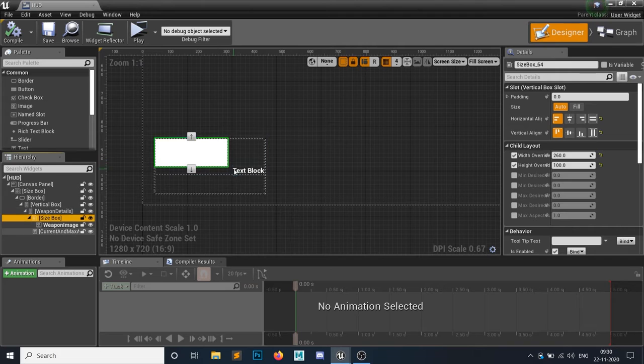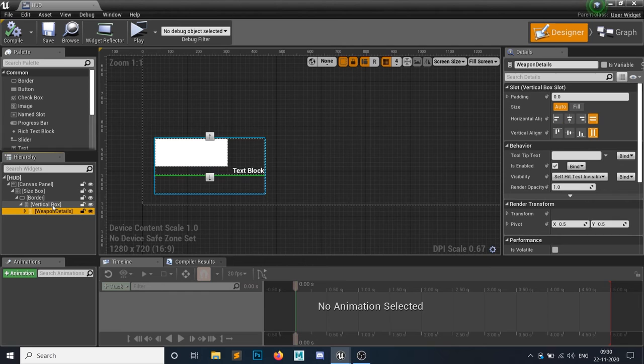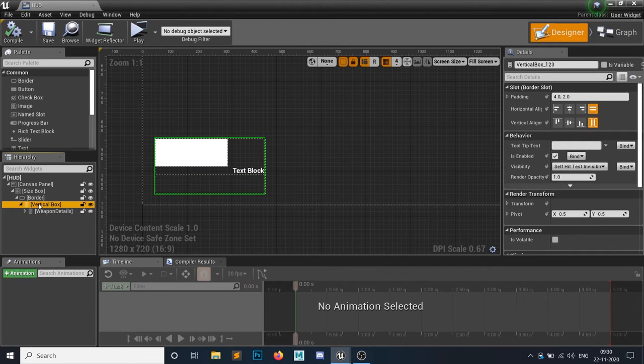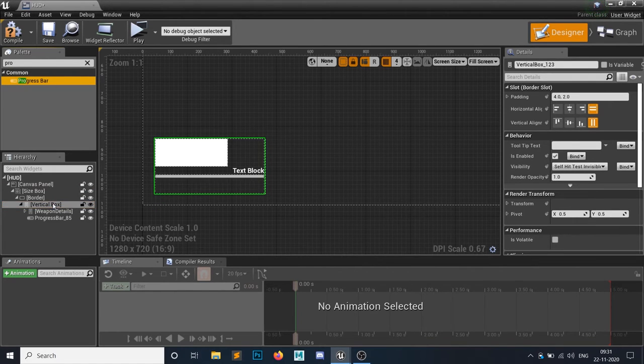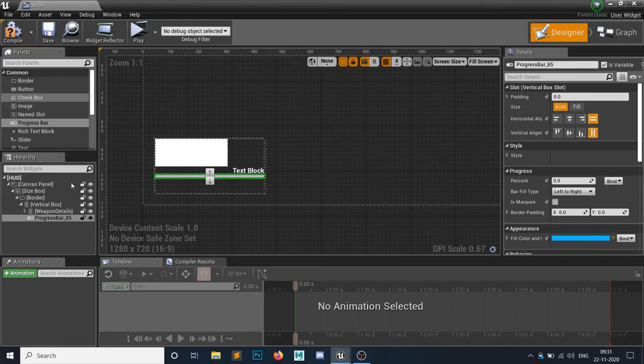We want to create only this. I'm not going to code the health bar in here, but let's add a health bar. So this is our weapon details, and I want to add a health bar inside this vertical box, not this one. So I will search for a progress bar and add it in here. As you can see, this is our progress bar, and I'm going to call it health bar.